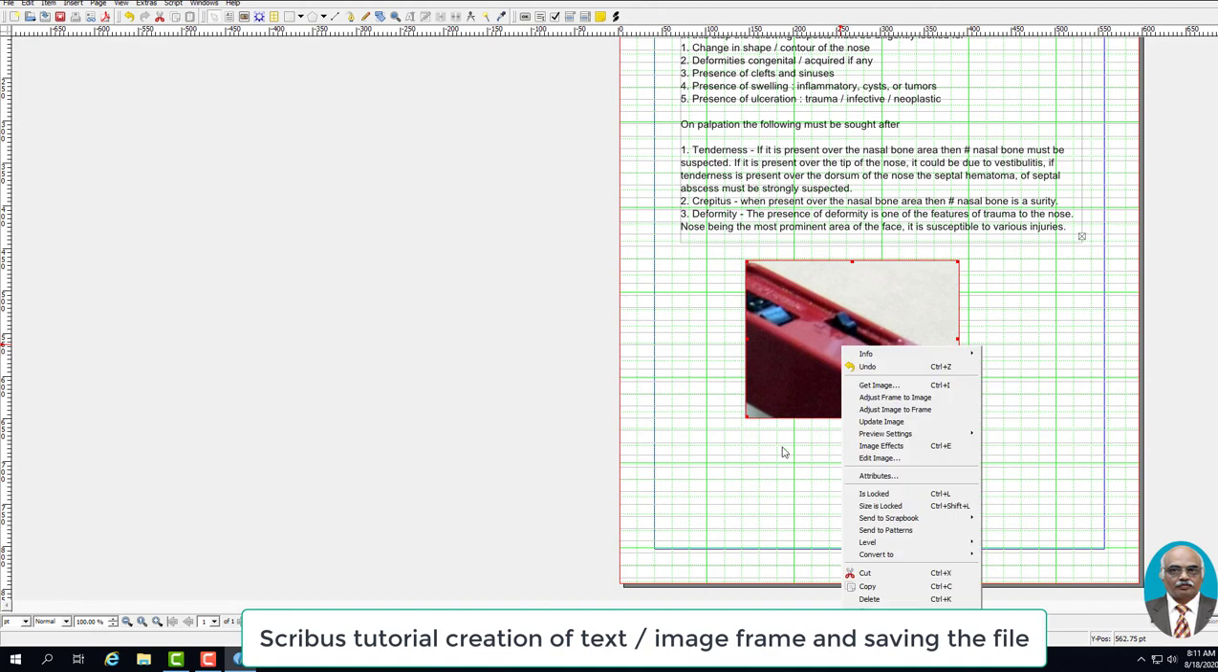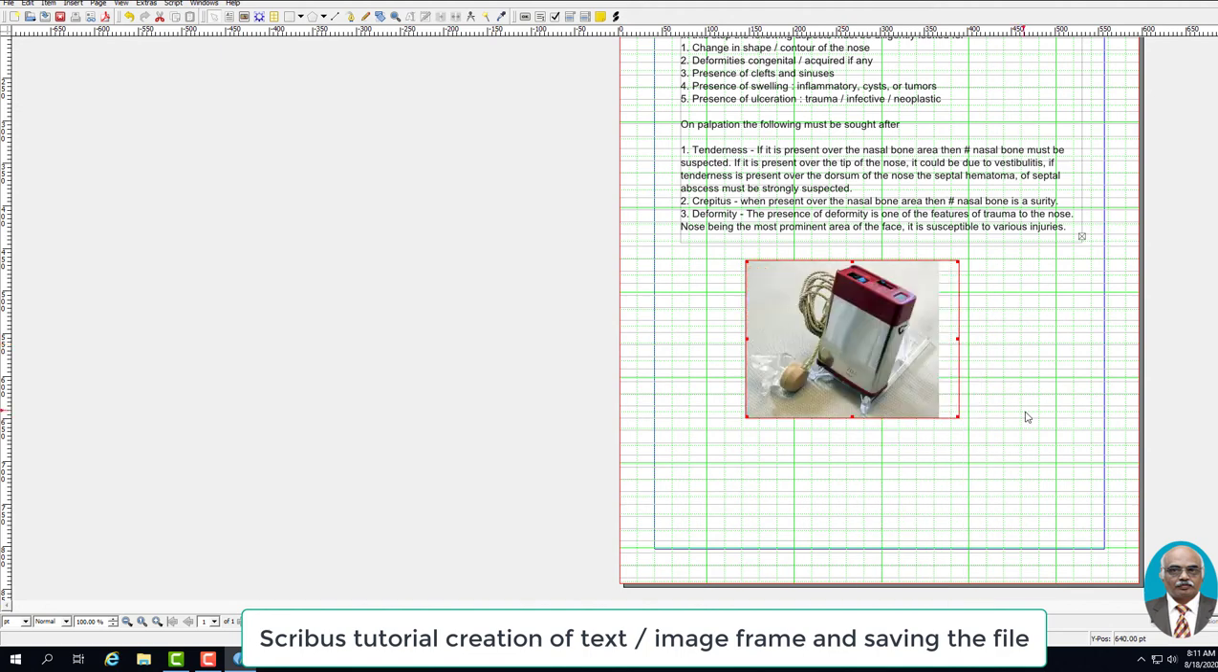So I'm right clicking on it, and then here you have these options of adjust frame to image or adjust image to frame. Since we want the image to be shrunken to fit the frame, I'm going to choose adjust image to frame. So the moment I choose adjust image to frame, you can see the entire image has been shrunken to fit into the text box. But what has happened is, see, the text box has slightly become bigger